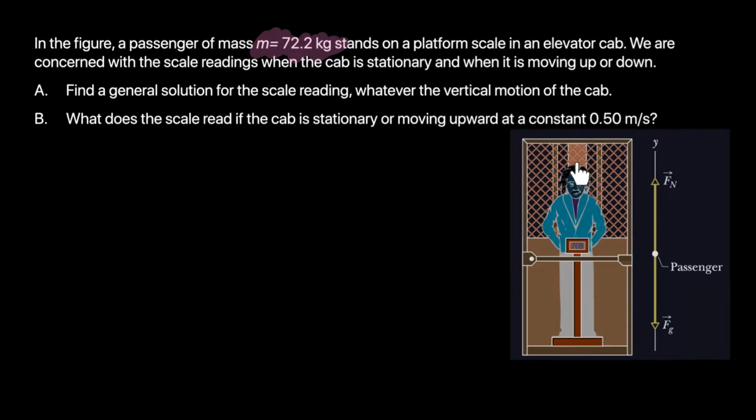So assuming it's moving upward, whatever its motion, find out the reading on the scale. How would that be affected? Let's try doing that. So this person is moving up with an acceleration. We don't know the acceleration, so we are trying to find a general equation. Let's say he's accelerating upwards with an acceleration of a, and the resultant force on him is equal to